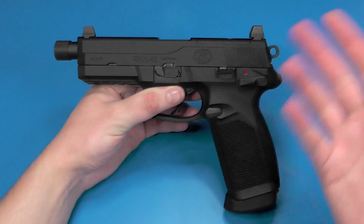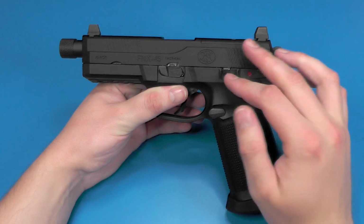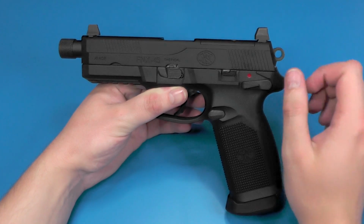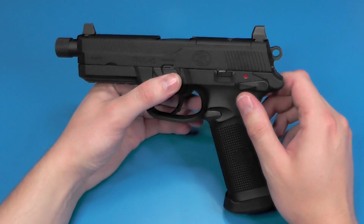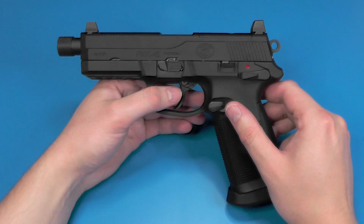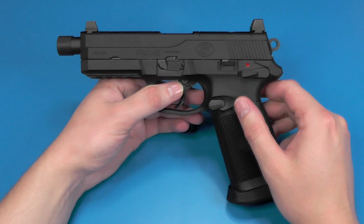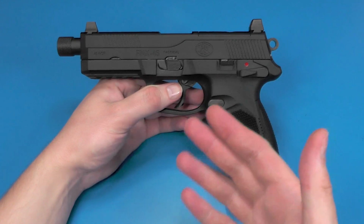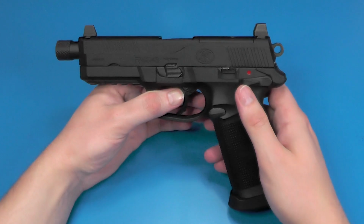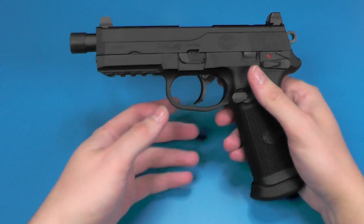The theory that people have behind that is this is made by VFC, licensed by Cybergun, distributed by Cybergun. So people have been theorizing that VFC released it to shops at a price point where they could sell it for $140 or $160 and make money off of it. And then somehow Cybergun bullied them into bumping the price to $225 to get a bigger profit. So that in itself is a pretty